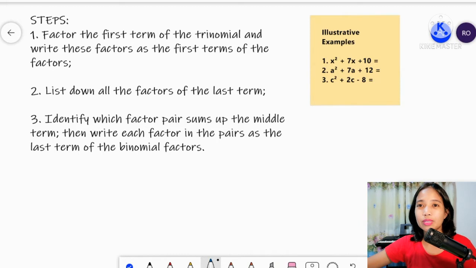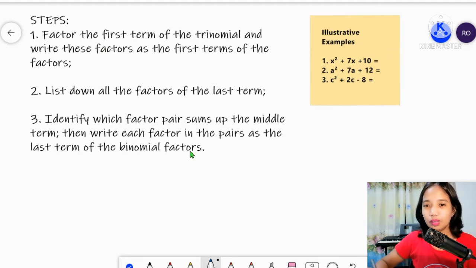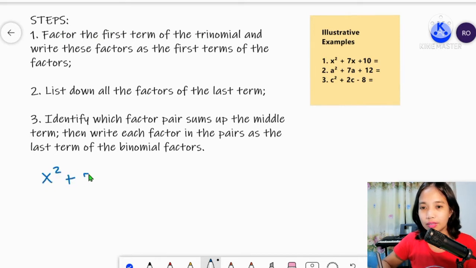So, wala kayong makikita na numerical coefficient. Okay, so what are the steps in finding the factors of this kind of a trinomial? Okay, the first one is factor the first term of the trinomial and write these factors as the first terms of the factors. Okay, so let's use this illustrative example number 1 to explain these steps. Okay, so let's copy first the example number 1, which is x squared plus 7x plus 10. So, according to the first step,